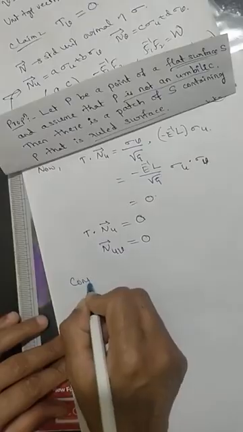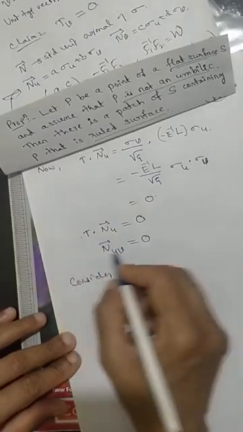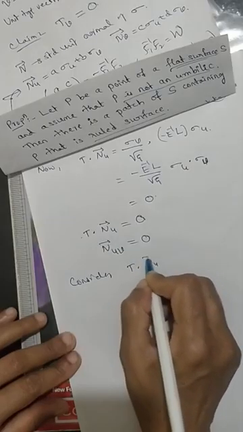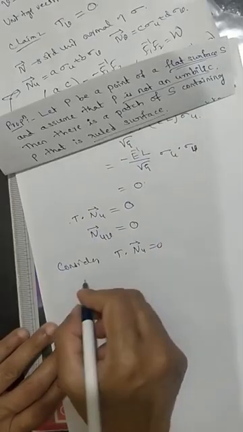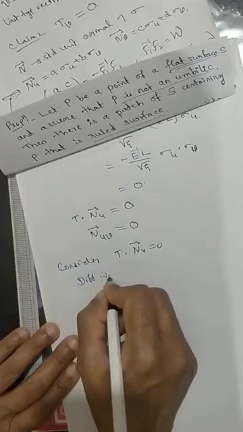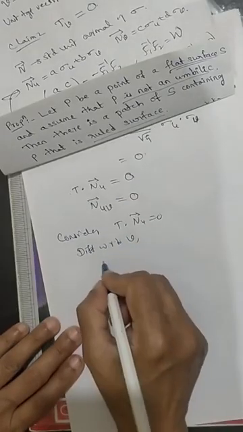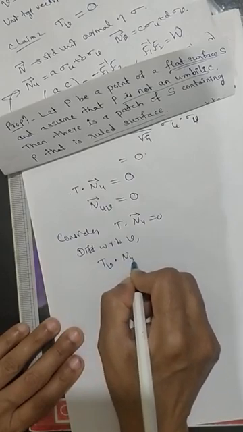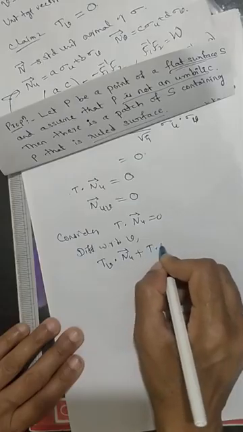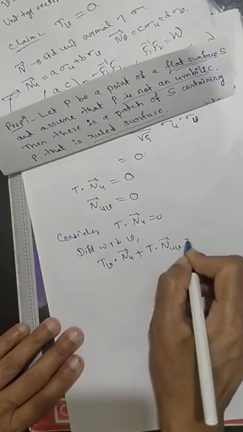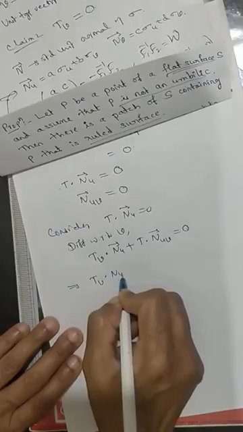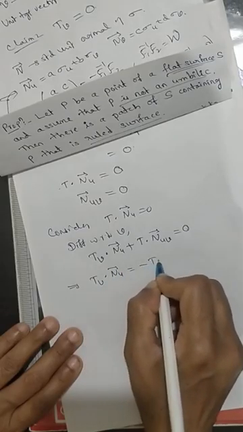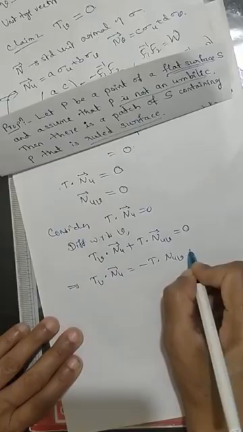Fine. Now let us consider the dot product. T dot nu is equal to 0. Consider this expression here. Now differentiate with respect to v. So what we get, Tv dot nu plus T dot nuv, that is equal to 0. So from this I can write Tv dot nu is equal to minus T dot nuv, and we have proved that